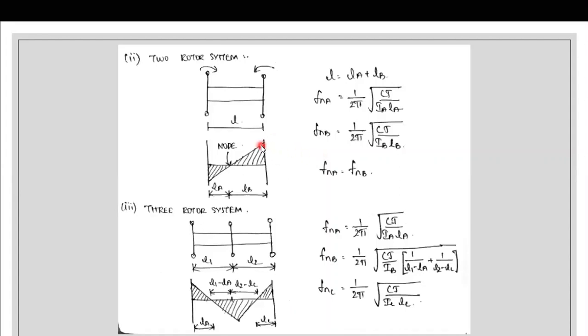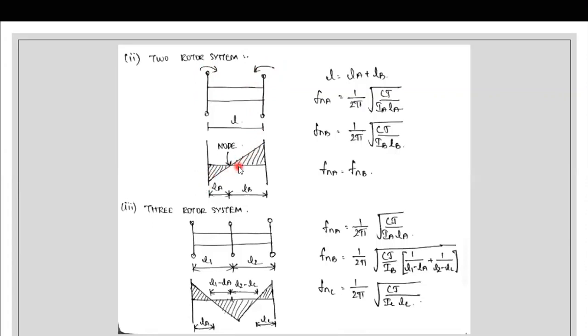So in two rotor system, one important point to note is that if both the rotors rotate in the same direction, if you just imagine both the rotors are rotating in the same direction, then there won't be any torsional frequency or torsional vibration. So ultimate thing of a two rotor system is both the rotors should be rotating in opposite direction. That is rotor A and rotor B. Just consider this as rotor A and this as rotor B. So rotor A should rotate in clockwise and rotor B should rotate in anti-clockwise. Then only we can get a node, single node.